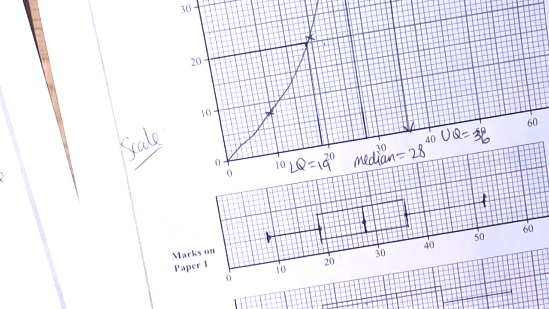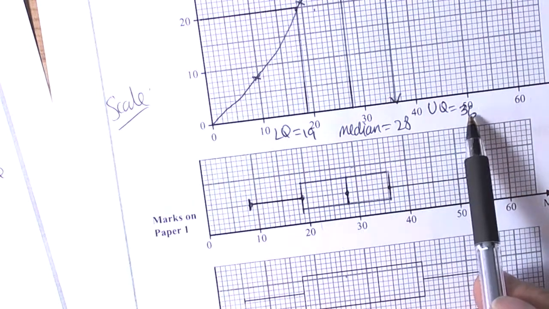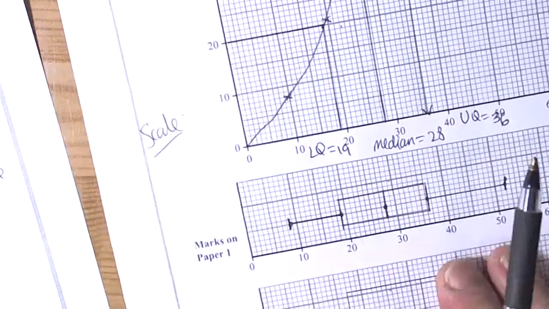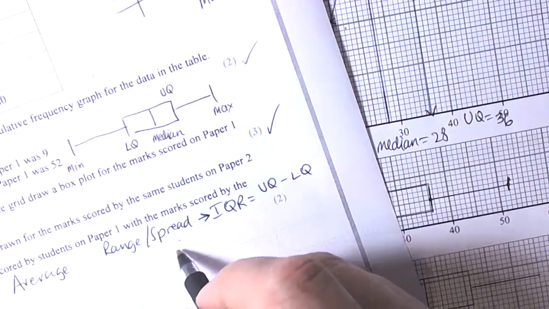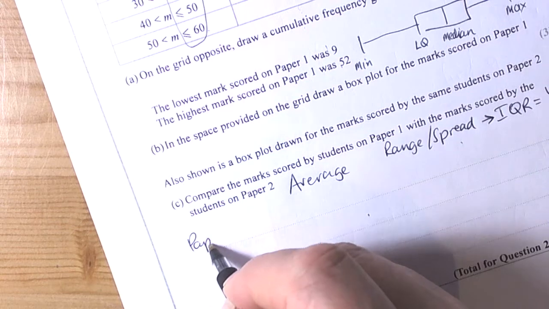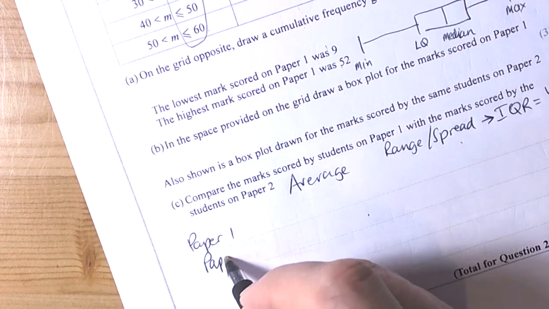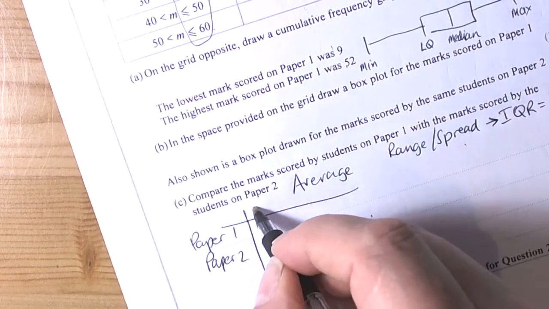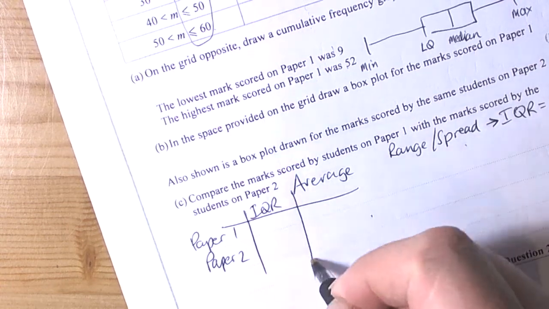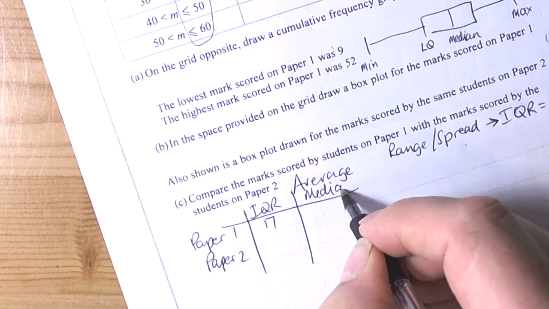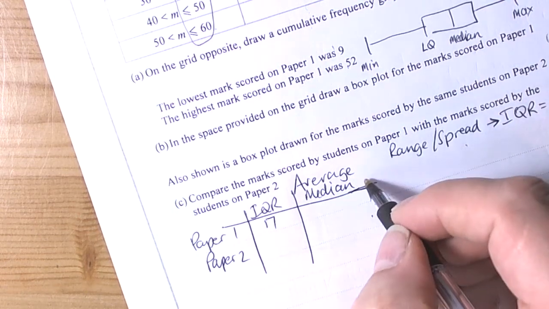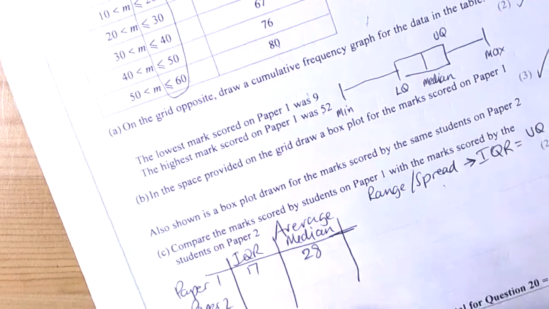So for our box plots, we found that the lower quartile value was 19 and the upper quartile value was 36, and 36 take away 19 is 17. So let's get some values down so we've got something to compare. Paper 1 and paper 2. For paper 1, the interquartile range was 17, and the median average, because the average that you're dealing with on box plots is the median, we found was 28. And for paper 2,